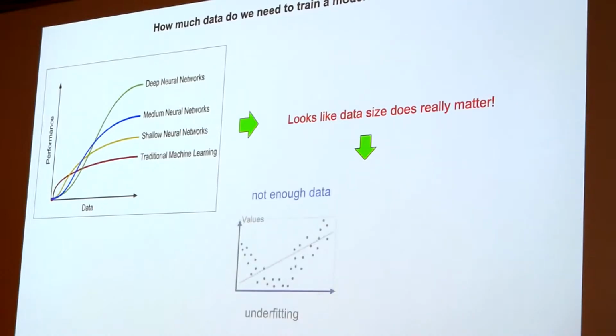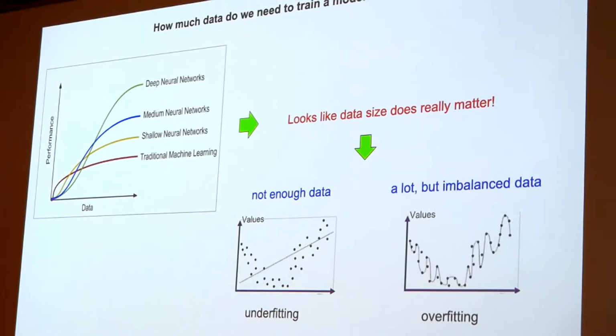But how does it affect our algorithm's performance? When we do not have enough data, we will probably have an underfitting problem, which is where our trained model will not work at all. It just misclassifies almost everything, or most things. This is called underfitting, when we don't have enough data, I mean, very little data. But if we have lots, does that solve our problem? No. We also need to check whether the data are balanced or imbalanced. So this imbalance problem between classes introduces another problem,